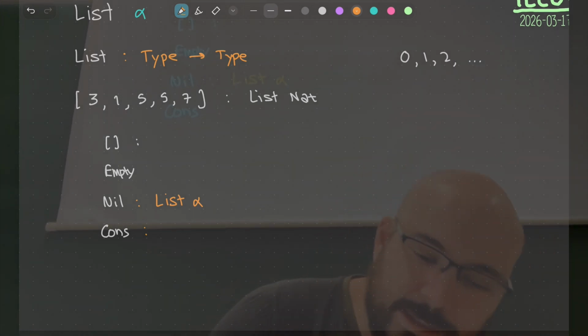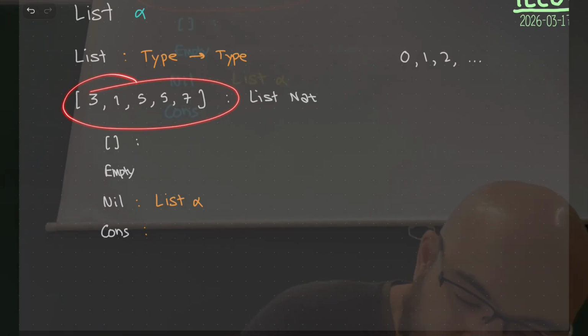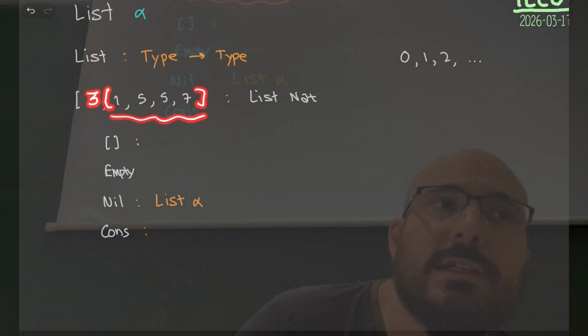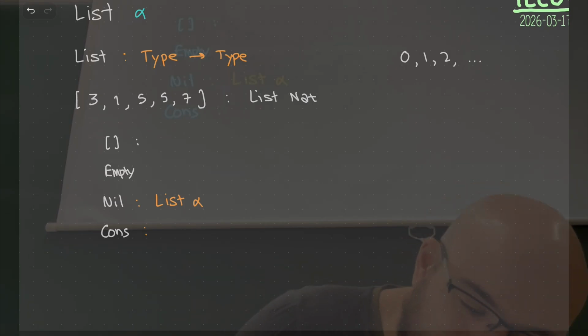And the constructor, the idea is that, in this case, if I want to construct this list with this constructor, I would say, okay, get 3 and put it in front of this list, which means that you have already constructed this list. And how will you construct this list? Okay, get 1 and put it in front of that list, and so on and so forth. And eventually you get 7 and put it in front of the empty list, for which you have a separate